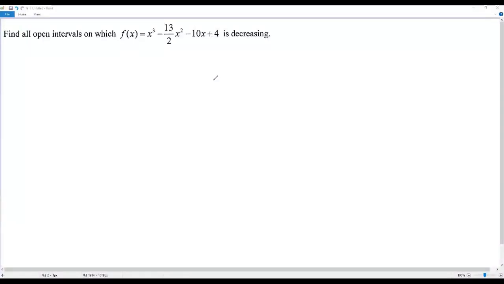Here we have an AP Calculus AB problem. Okay, let's go to the information. Find all open intervals on which f of x equals x cubed minus 13 over 2 x squared minus 10x plus 4 is decreasing. So according to the question, I have to find the open intervals where the graph of the given function